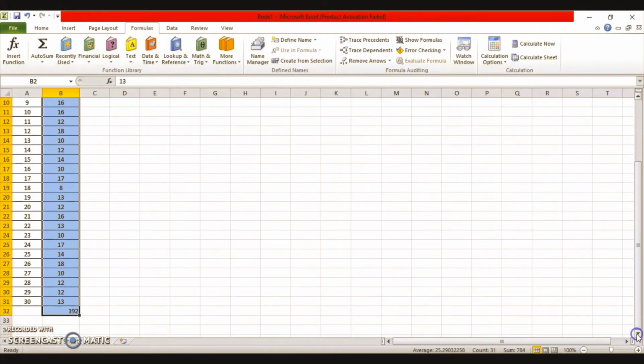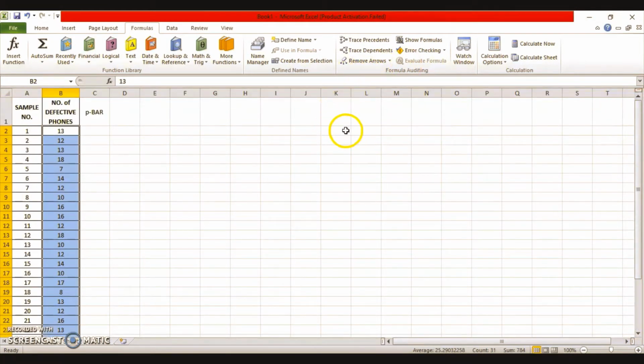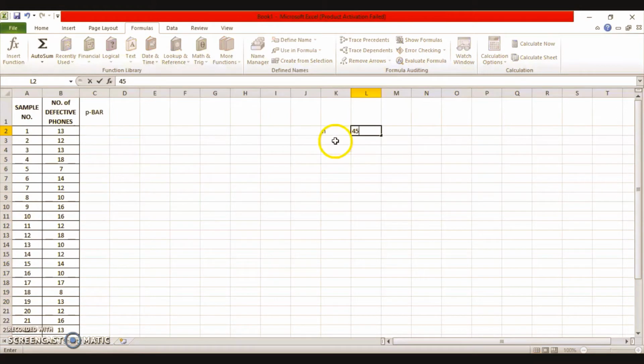One more thing we need to write down somewhere. The value of N here is given as 45 and the value of K, that is the total number of sample observations, is 30. Now you'll be wondering what this 45 is, because we have taken a problem here. I'll just read that problem for you. It is a problem based on the manufacturing of mobile phones.